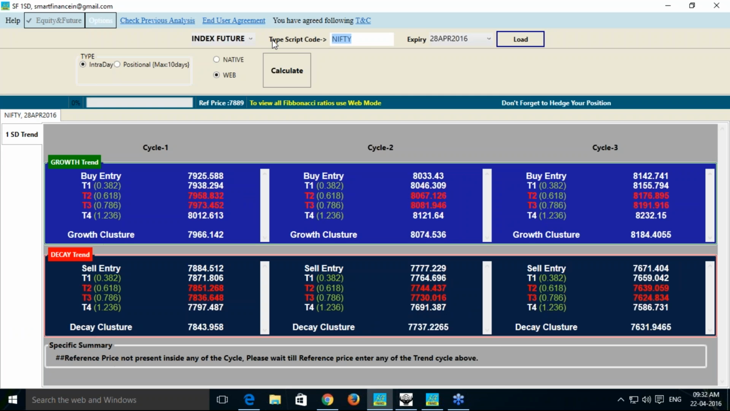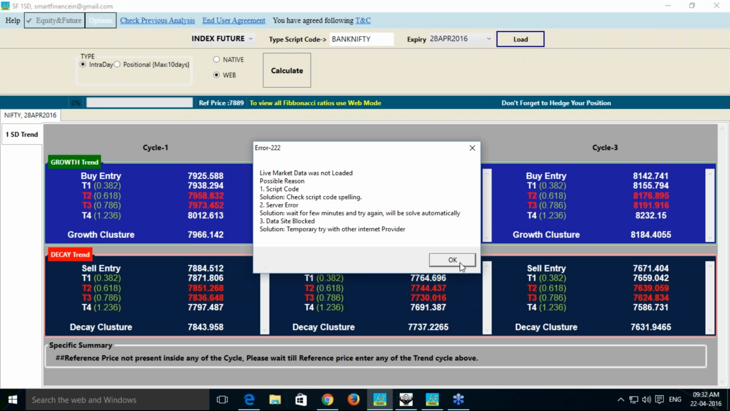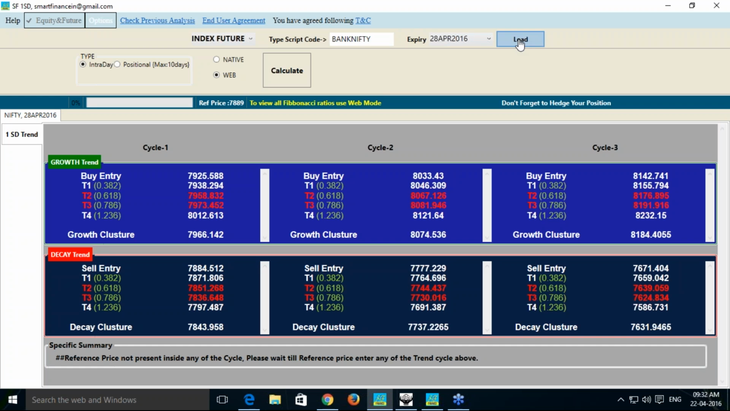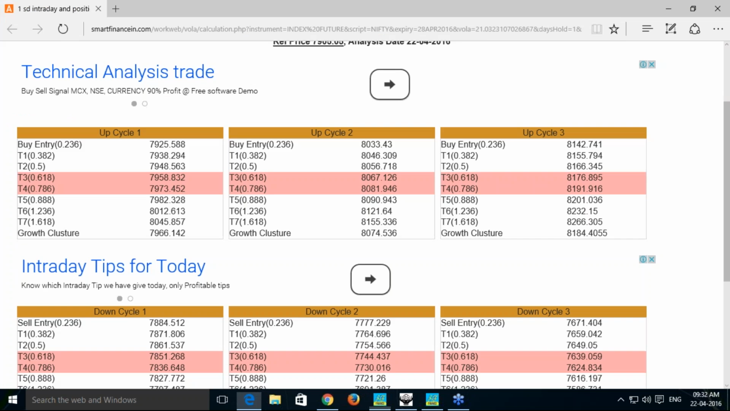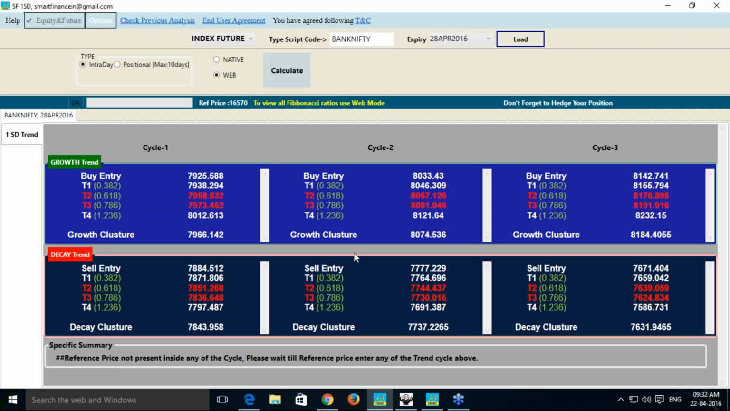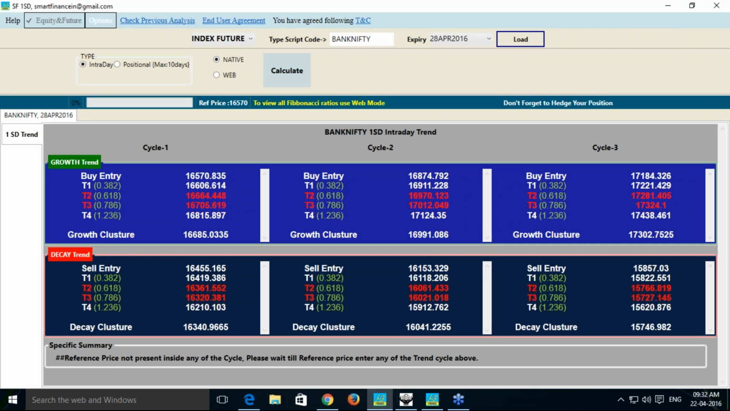So now go for the Bank Nifty. What is the analysis it says for the day? I think I have not selected the symbol, so let me choose it again. I have to just hit one button, calculate, which is in the web mode. I can use the native mode also. So in this native mode itself,